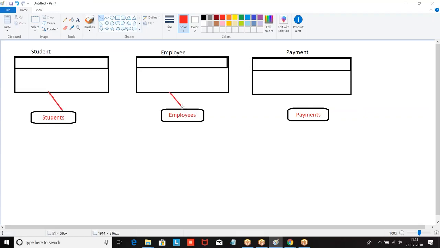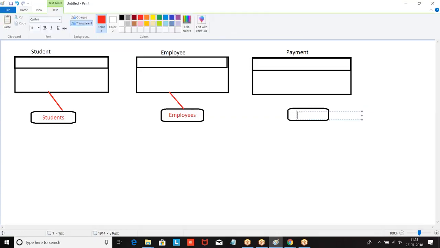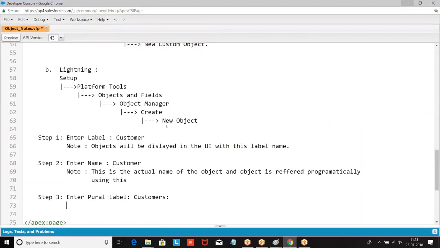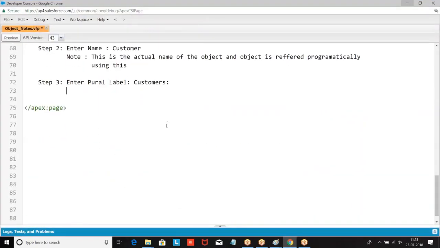Is it necessary that we give this similar name? Not mandatory. You can give anything of your choice. But if I give a different name, then I have to remember it, learn it by heart. If I give a similar name, we understand what it is. That is the reason I'm giving it. The label can be anything of your choice. Generally, if you give a related name, it is easy for us to understand and refer to it. Now, if you are creating any tab for an object, the label that should be printed on the tab is called the plural label.